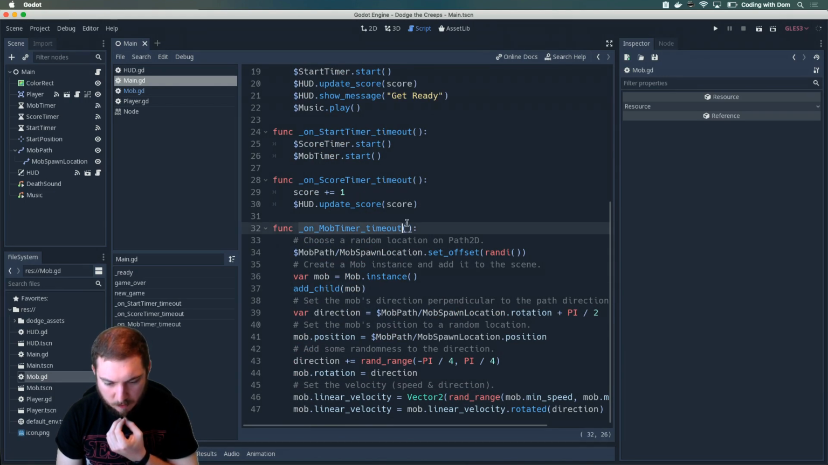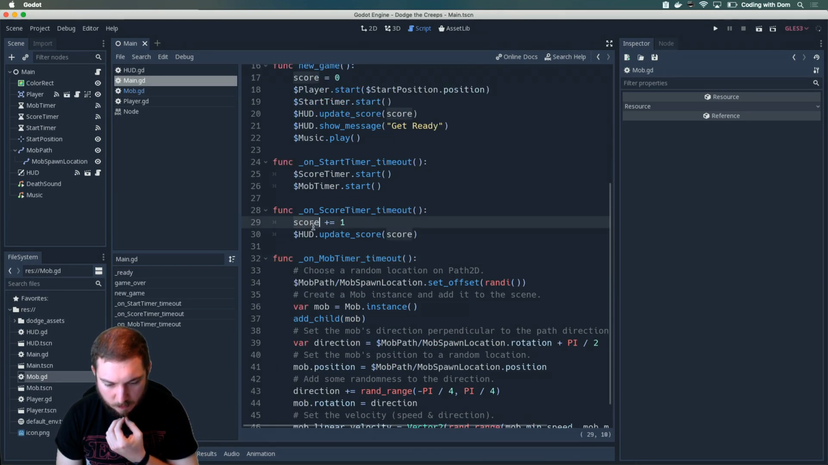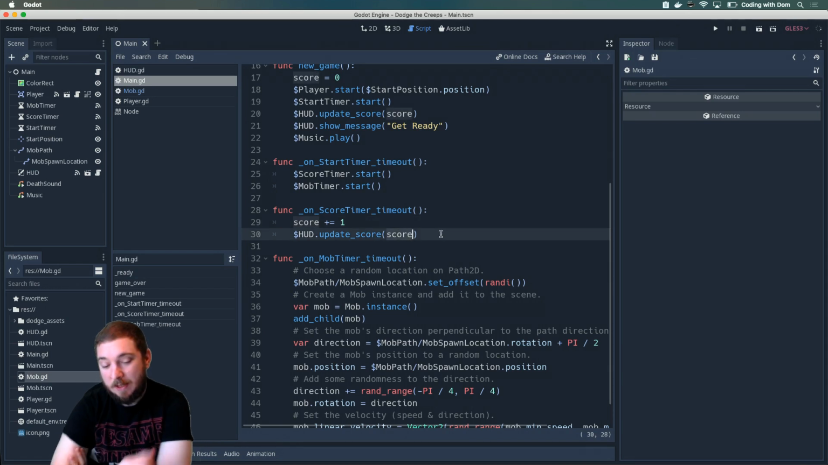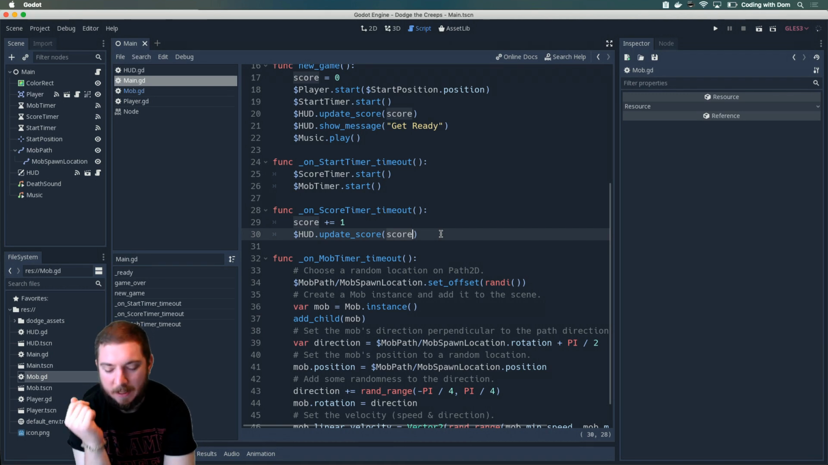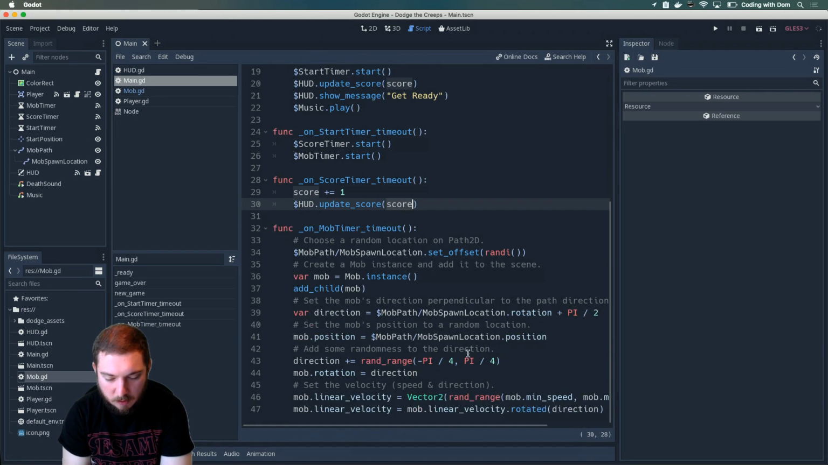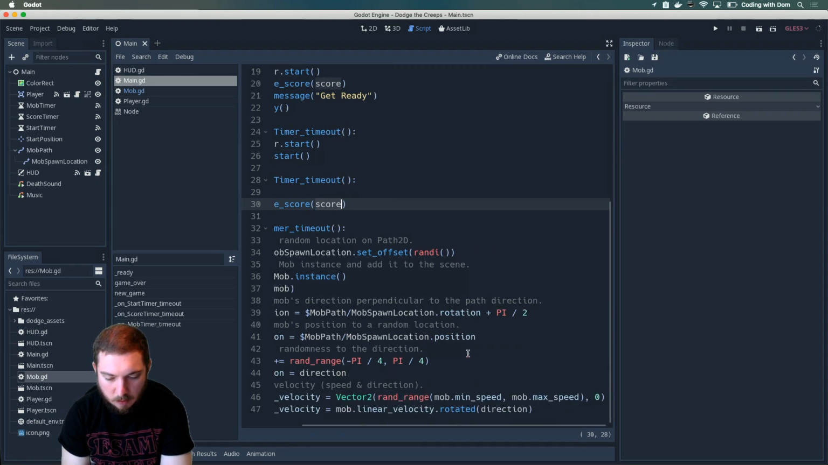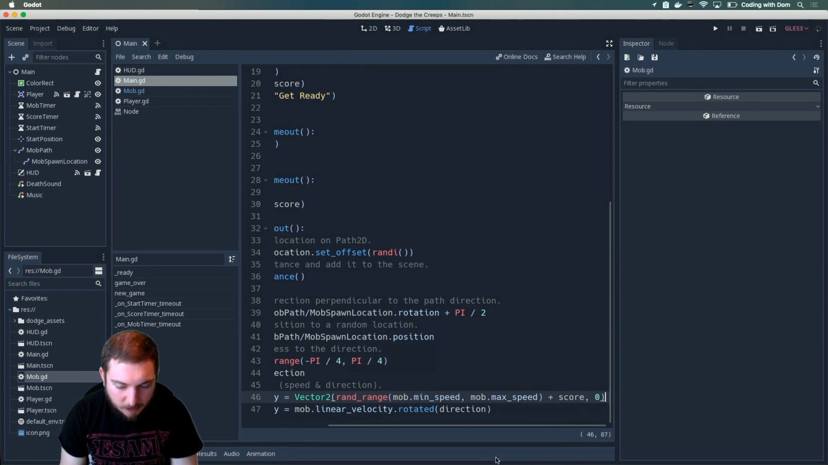So on mob timer. Oh, an easy way to do that is that I could just add the score. So if I add the score to the actual speed, what's this 0 doing here? Oh, Vector2. So if I do rand range, blah, blah, blah, plus score, that would be one way of making sure